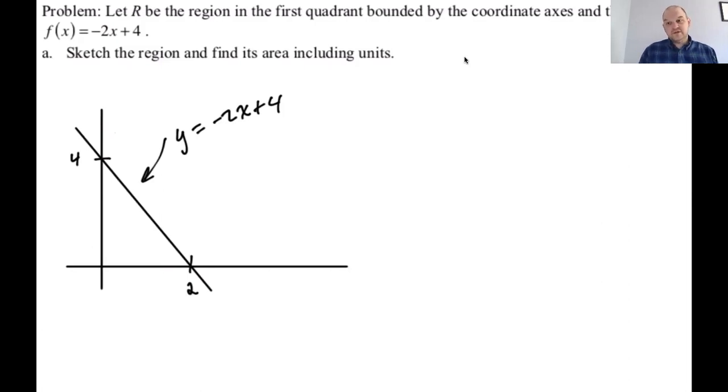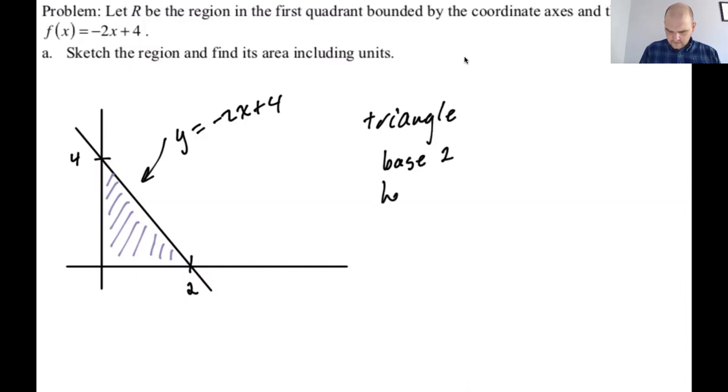What I'm going to do is just fill it in, shade the region, right? Because you want people to be able to see the region, know what you're talking about. This is definitely a triangle. And we could write equations that will fill this in, just like inequalities, like x goes from 0 to 2, y goes from 0 to negative 2x plus 4. Let's not, but we could. So triangle,